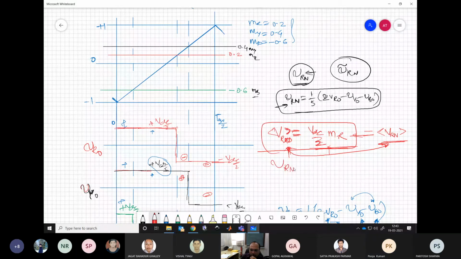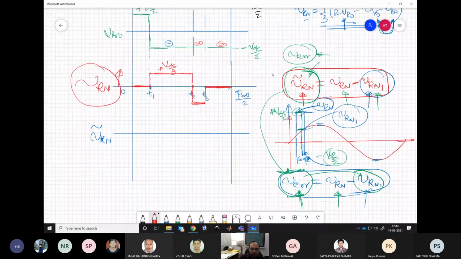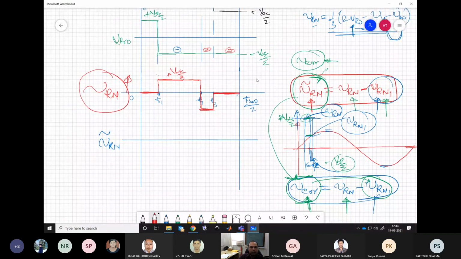So then the VRN1, what we are trying to realize over here is what? VDC by 2 into? Say, anybody? Is it true? So this is what VRN1 we are trying to realize. So when I take an example, that is actually indicative of all the information what we need for this analysis. Correct, isn't it? Yes, sir.